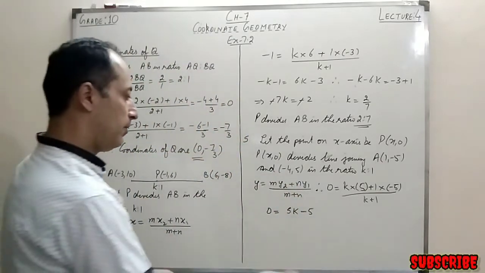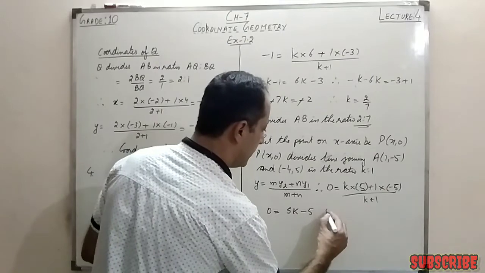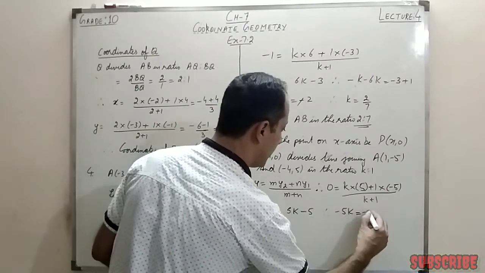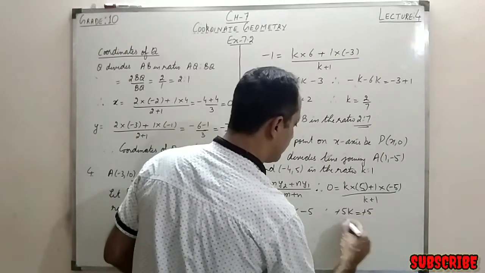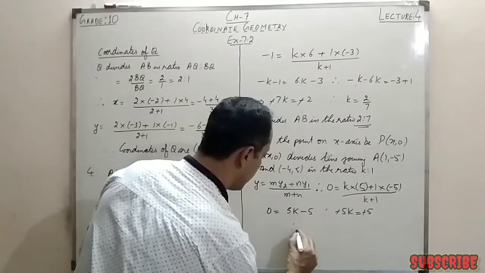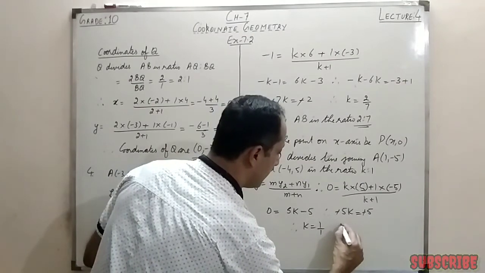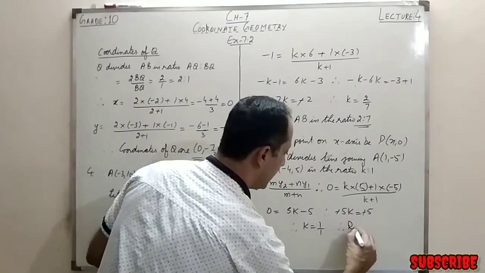Right, now what we do, we just take these 5k on the left side. This is minus 5k is equal to minus 5. This minus cancels, and what we get, k equals 1 by 1, or therefore the ratio is